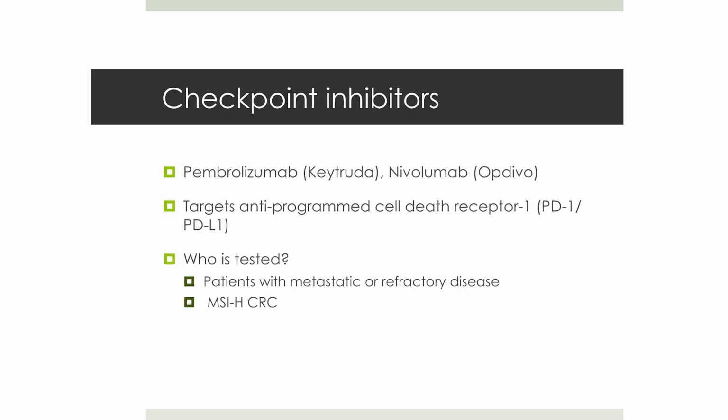So patients who are tested are those with high levels of mismatch repair defects, and patients with metastatic or refractory disease. It's kind of turning into a little bit of everybody, or whenever we're asked by the oncologists, because they are trying to figure out the best treatment for patients. And again, the way that immune checkpoint inhibitors, or immune modulation, works is that